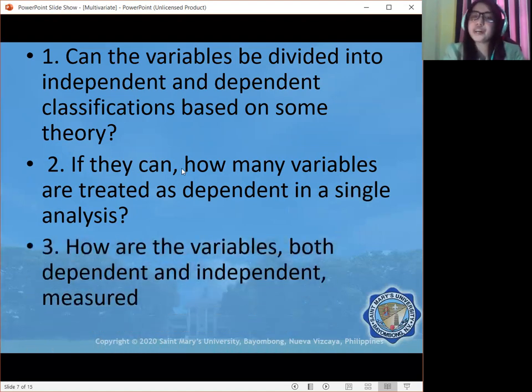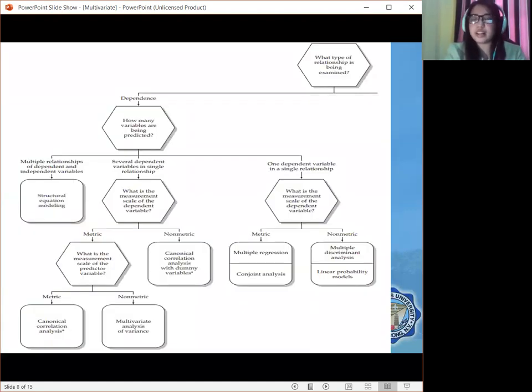Next, how are the variables, both dependent and independent variables, being measured? These are the questions that will also be our guide to determine what appropriate test is applicable for our data. So let us have this table, for instance,